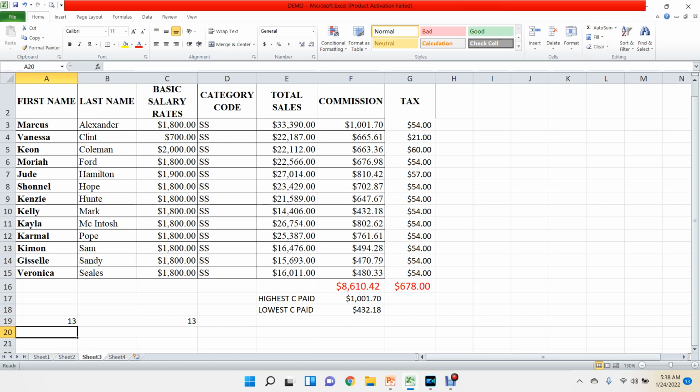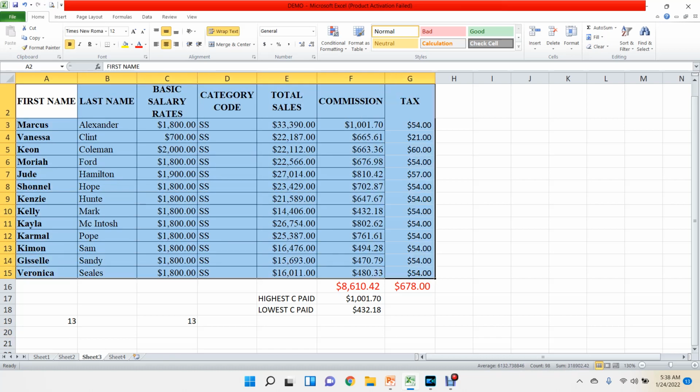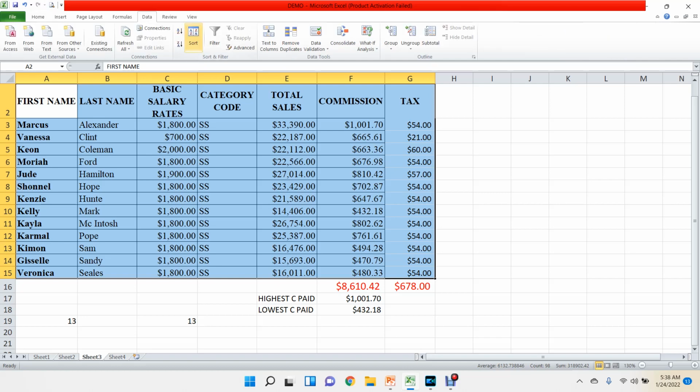Also, I want you to have an idea of sorting spreadsheets. Now, to sort a spreadsheet, you highlight the information. No, you do not come down past here. That is not part of the spreadsheet. The last info there is Veronica Seal, so we stop here. And I can come over to data and click on sort. I want to sort this